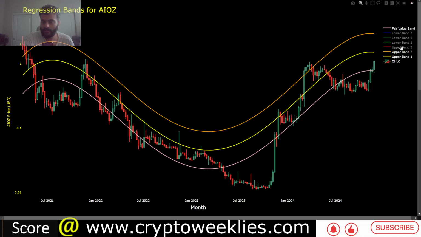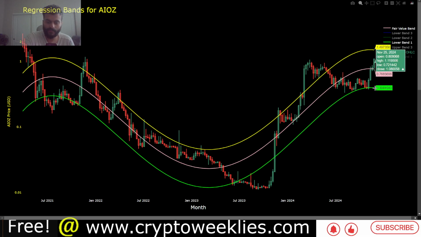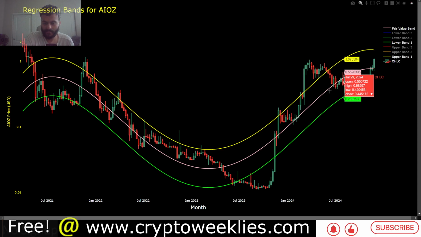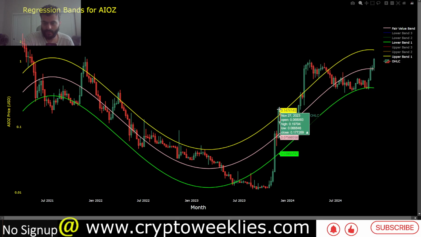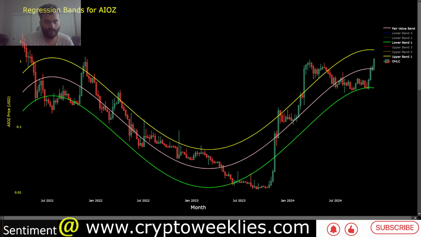Another analysis that I would like to conduct is what if the prices were to have some sort of a correction. That 1 standard deviation floor for AIOS, as you can see, since almost late 2023, this 1 standard deviation floor has maintained a decent amount of support. This green line is coming in at around 40 cents. So that would be a great level of support. First level of support is this 76 cents, which is the fair value per the regression analysis for AIOS.